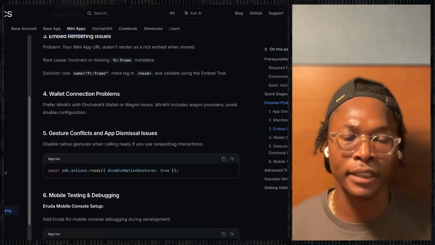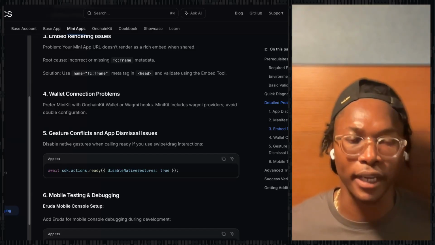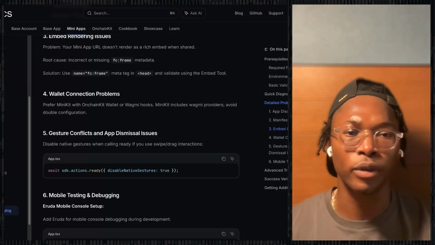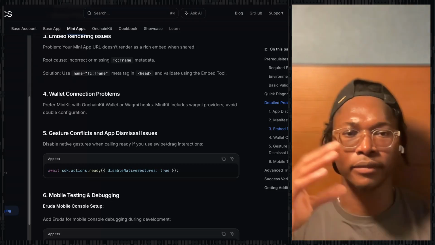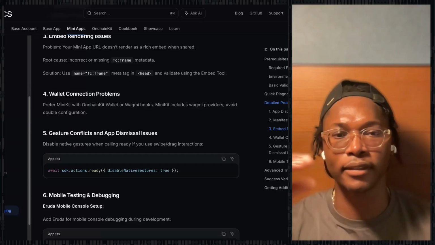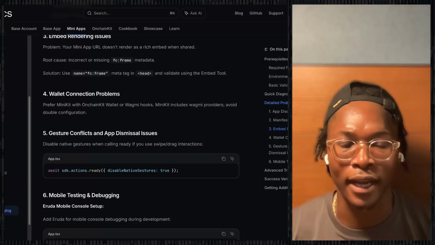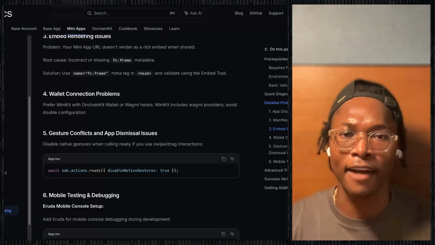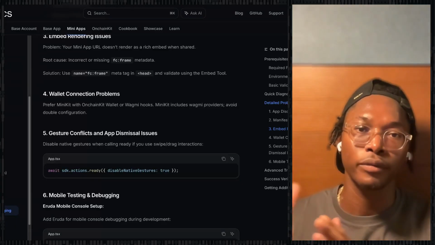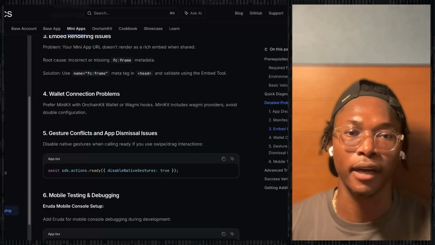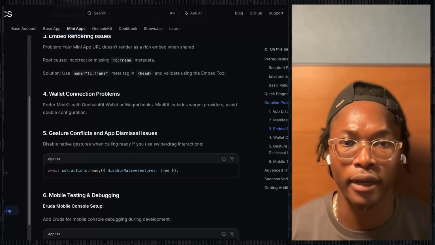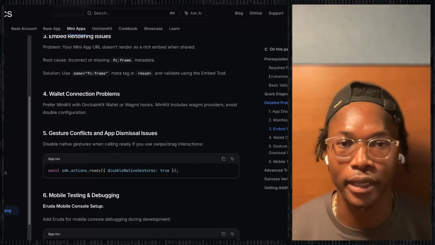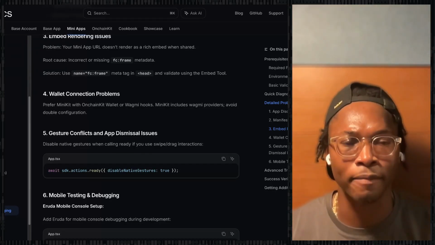Sometimes you can have weird connection issues where users are signing in, maybe using Google OAuth, and now they've just signed into another wallet inside their wallet. It is so much better to use just Wagmi and have your app use the provider that's already injected. We're going to be injecting the provider there. We're using Wagmi on the back end for MiniKit, so it's super easy to do that.